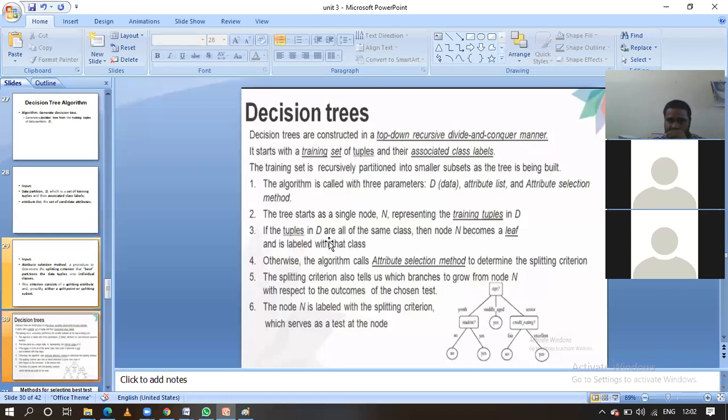Otherwise, if they have different values, we have to go for the attribute selection method again. For youth as well as senior, we have to again use the attribute selection method to calculate which one is the splitting criteria here. What is the splitting criteria for youth? The splitting criteria we got is student yes or no, and for the other, credit card rating, that is fair or excellent. These are the overall diagram related to whether a particular person is able to buy a computer or not, guys.